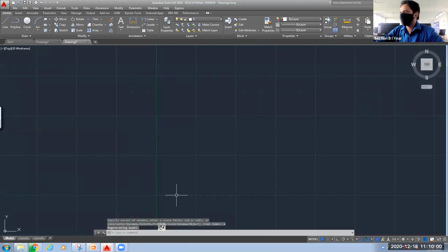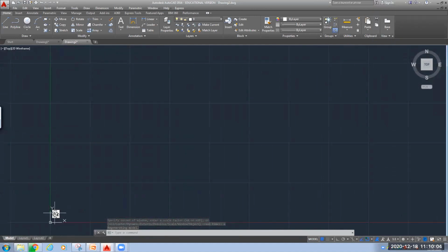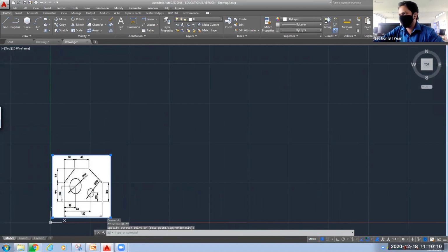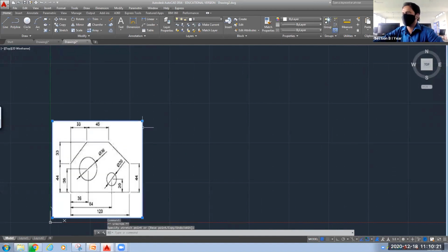Now see. As I have given this command for zoom, this figure is reduced to a very small size and it is not visible. So we can maximize it so that it is visible. Okay, now the figure is also visible. Now we will draw the figure.